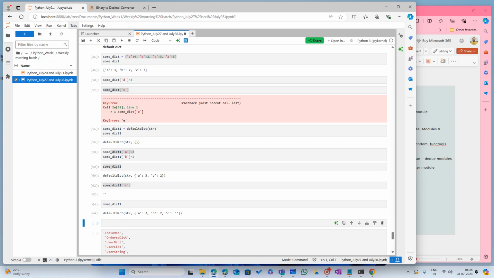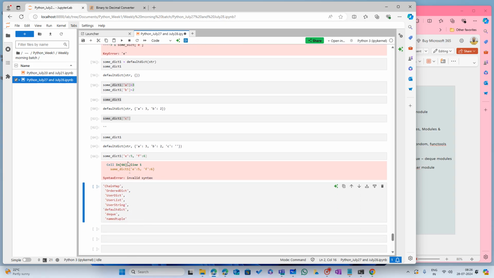A and B list you have given, right? Instead of that, square bracket. So you're saying assign like this. Yes. So here if you assign E is to, let's just say 5, comma, F is to 6,